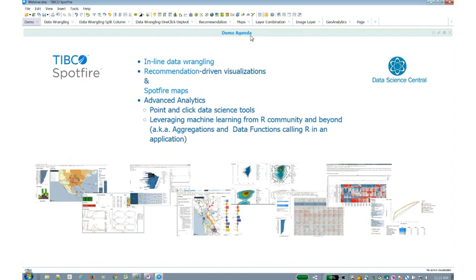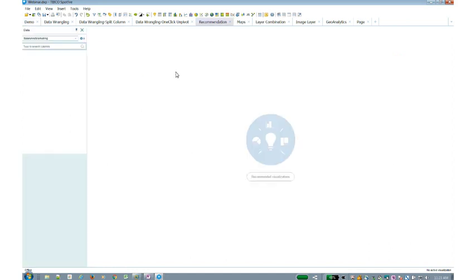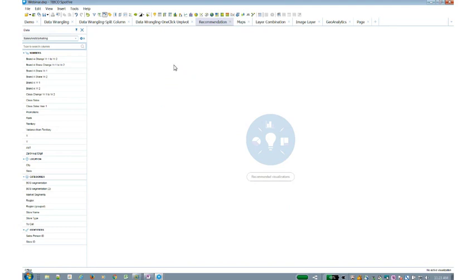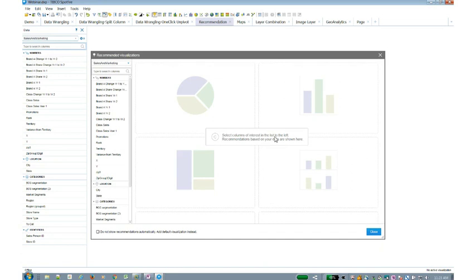Okay. So just to save a little more time, when it comes to recommendations, regardless of how you bring in the data, you can drag and drop data right into Spotfire, or you can open data from a database. And when you bring data into Spotfire, you will get prompted with this little dialog. This is a tool that Spotfire calls a recommendations dialog that helps a user try to learn a little bit about the data.